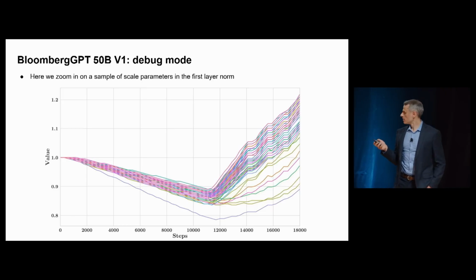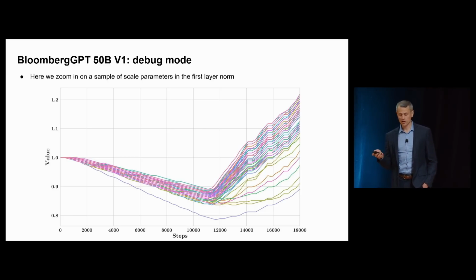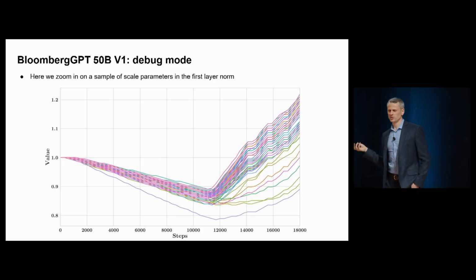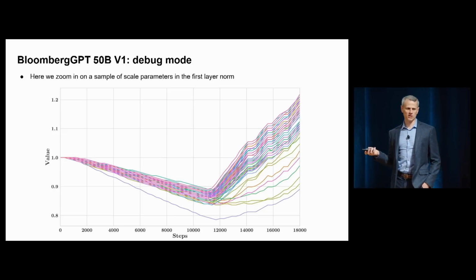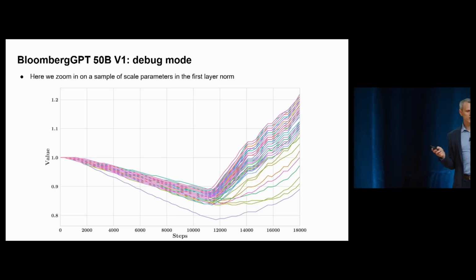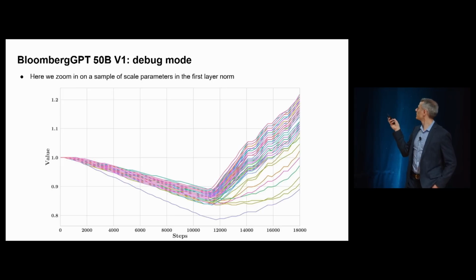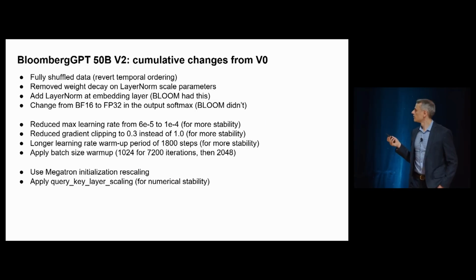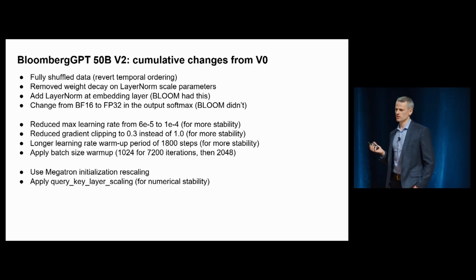But at that time, we were going through the code. What could possibly be causing this? We found one bug, which was that we were doing weight decay on these weights. Weight decay pulls weights towards 0. These weights are initialized to 1, and we expect them to center around 1. So that's a mistake. You don't want to pull weights towards 0 when they should be around 1. So that's one bug we found. We still didn't really understand why this was happening, and we continued our debugging process, and we found 10 things that we wanted to change.